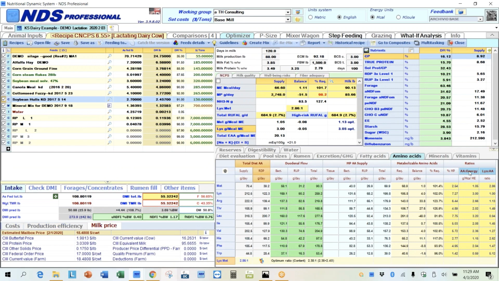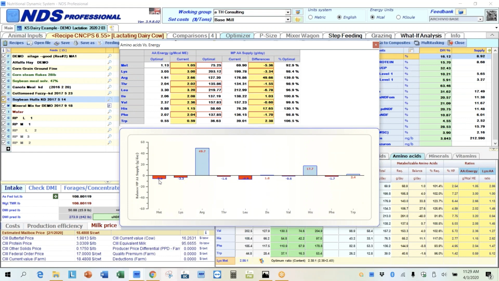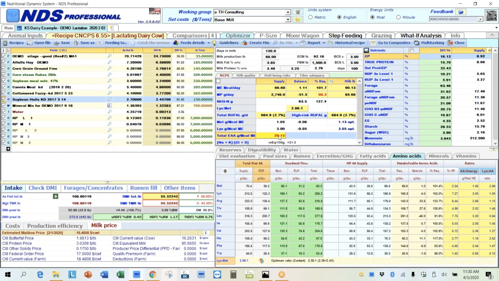Again, if I go back and look at the ratio now with the methionine and lysine products in there, I may want to trip this up a little bit and add some more protein so that I'm not negative in my amino acids as a relation to energy on any of those. There's also some discussion about the total essential amino acids needing to be 21, so maybe I'd open up my mix again and feed a little more protein here in blood meal, or increase my soybean meal or canola just a little bit. But anyway, just the functionality, I wanted to show you what it looks like, how you can manipulate